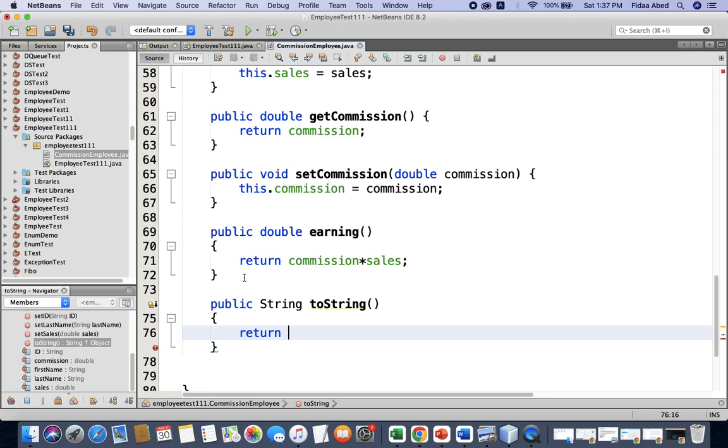I want to return the first name plus empty space plus last name. So what is, maybe plus, I make backslash n. So I print first name space last name and then a new line. Not print, I will return this